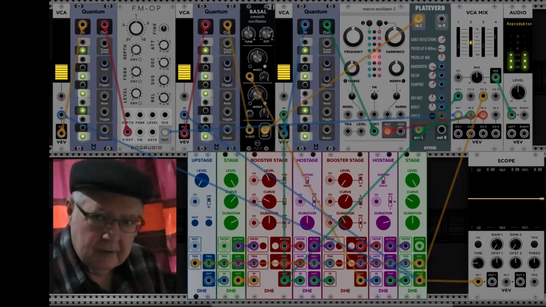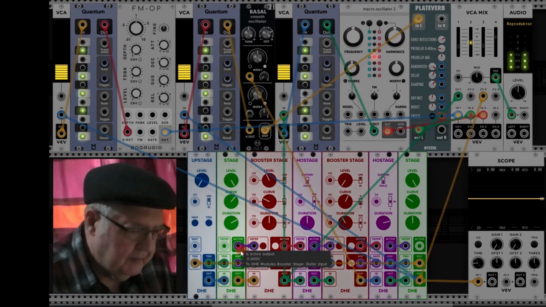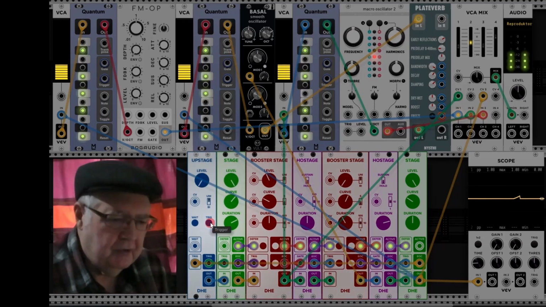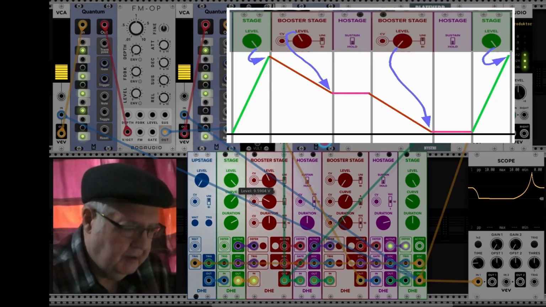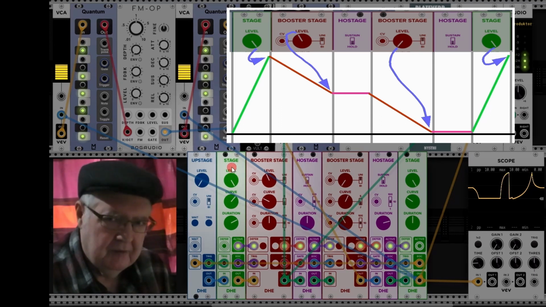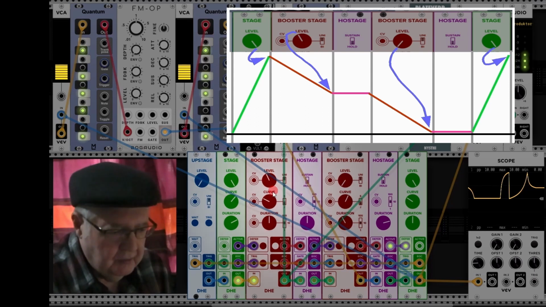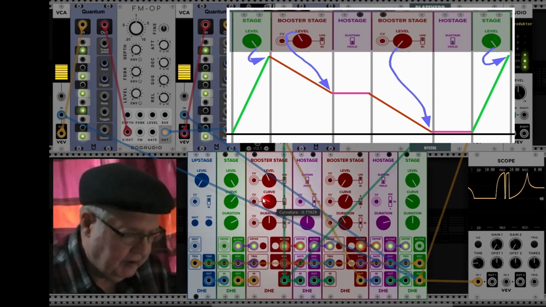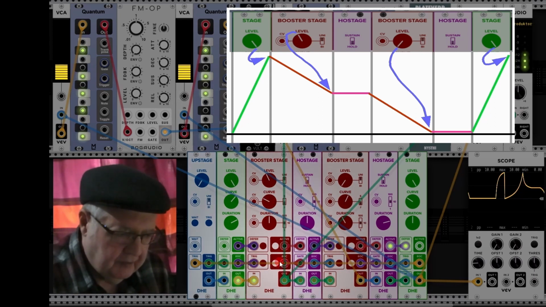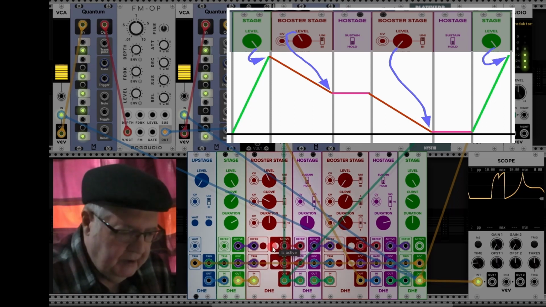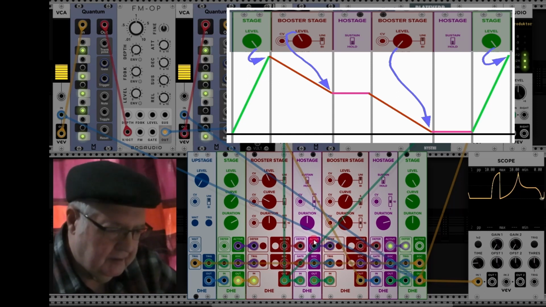Let's have a short look at the envelopes at first. I start the envelope by triggering the upstage module. The envelope starts with an attack phase up to maximum, here created by the leftmost stage module, followed by a decay down to about 4.5 volt. The maximum is 10 volt, of course, down to 4.5 volt, from where these 4.5 volt are reached through the booster stage module to the hostage module, and this level of 4.5 volt is held for about a second